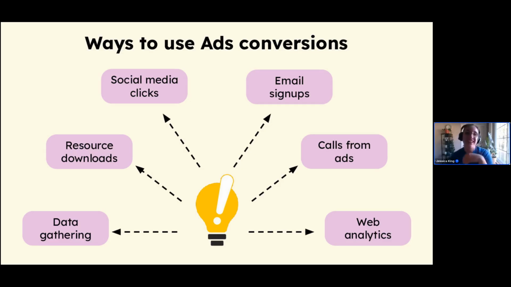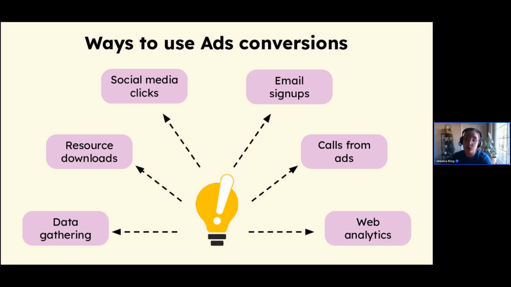This is one that I think is undervalued by a lot of marketers, but that I think is really beneficial because we know that email is a really great channel to get directly in front of your donors. So we can set up conversions in the ad grant to get more email signups, get more folks subscribing to those newsletters, and getting them in that ecosystem and being nurtured over time.